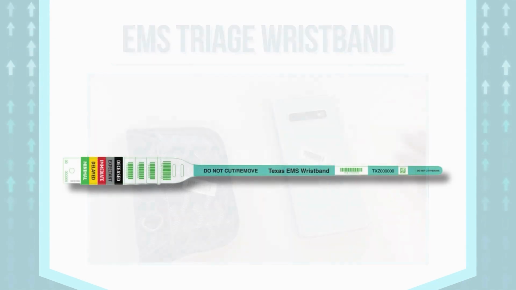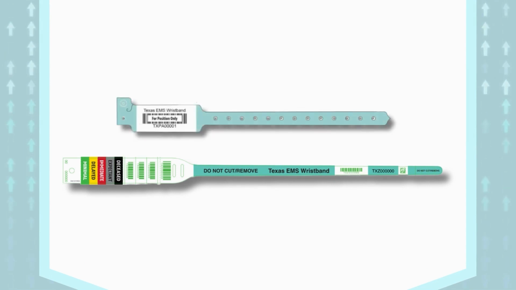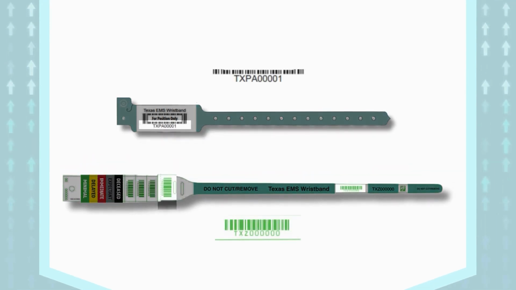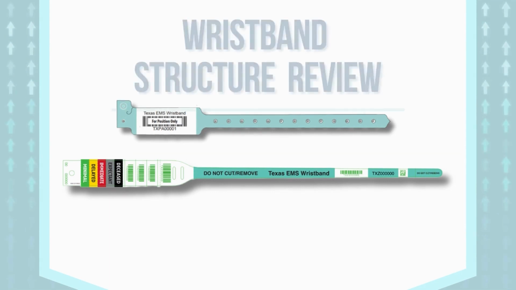Please note, if the EMS triage wristbands are unavailable on the scene of an MCI, the project encourages usage of the Texas EMS wristband as an alternative. Although the triage portion would be missing, the key component of the unique identifier would still be utilized. As with both bands, their structure and layout optimize the full aspect of the easy-to-record ID information.